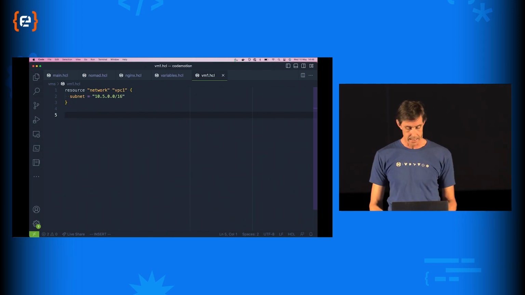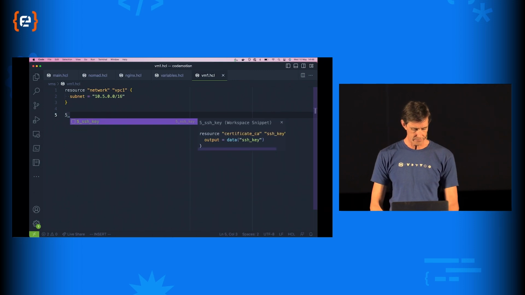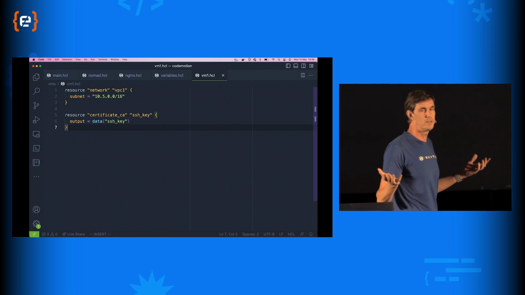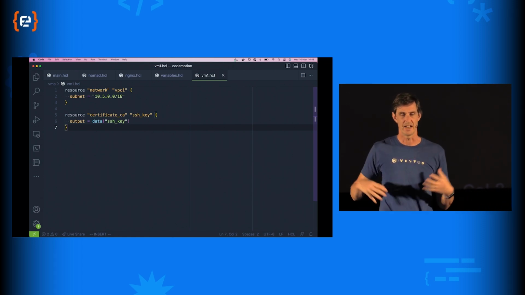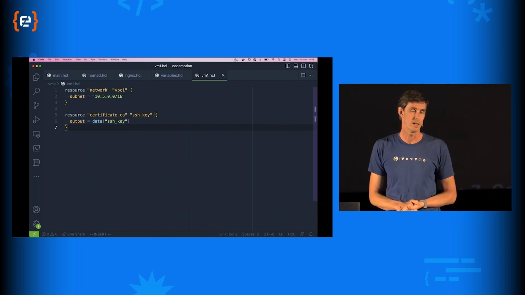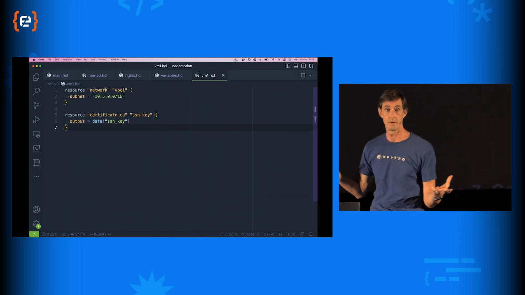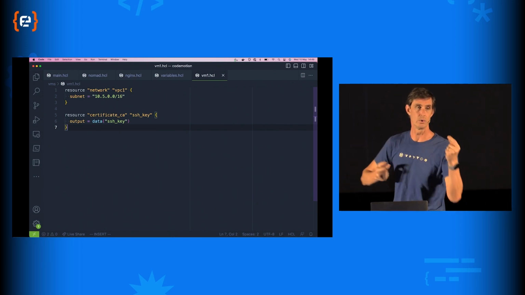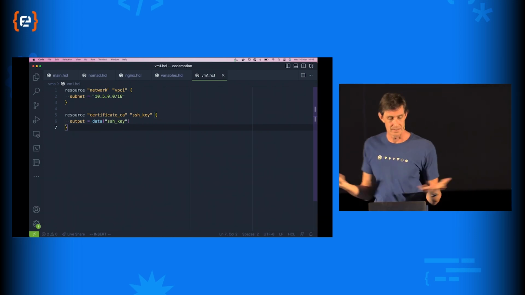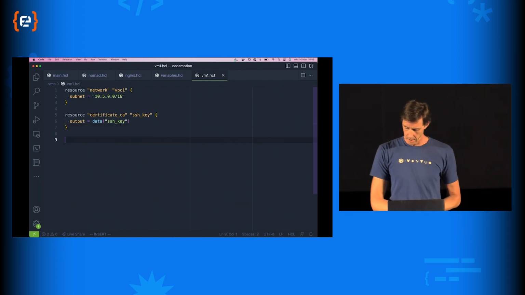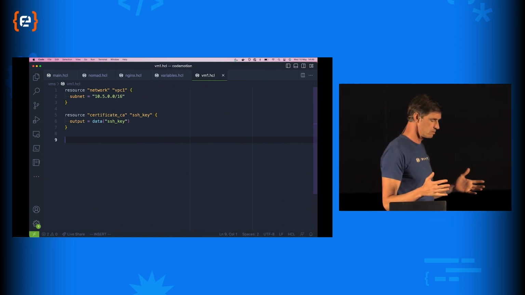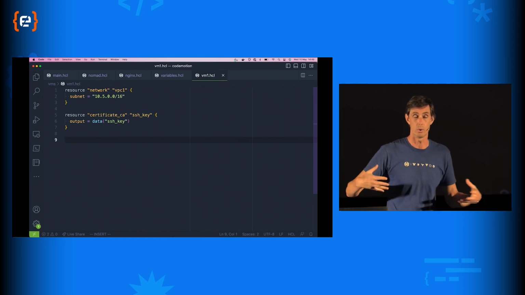And then we need a certificate. Now, the certificate, the SSH key, I've done this so many times that rather than shelling it out on the command line, I just create a resource. So the resource certificate CA will generate me an X509 certificate authority, and also generates a private and public key. So it's badly named, but it does exactly what I need. Now, where it comes down to things, you think, well, right, I'm going to run my application. I want to expose a port to my local computer.